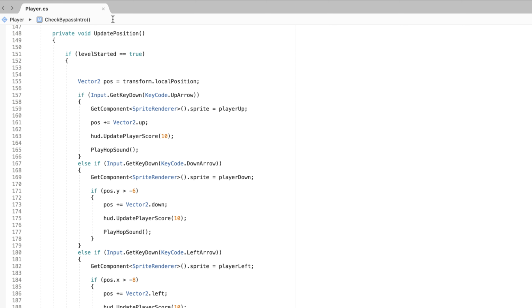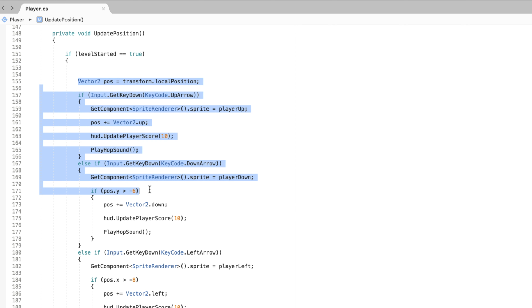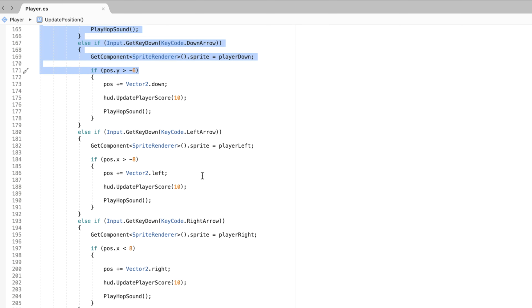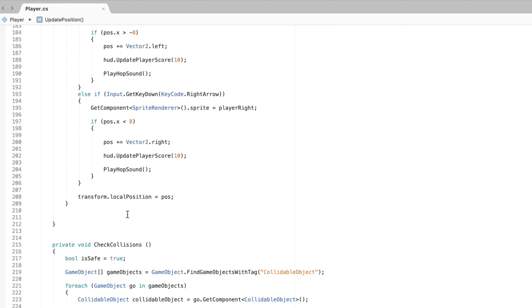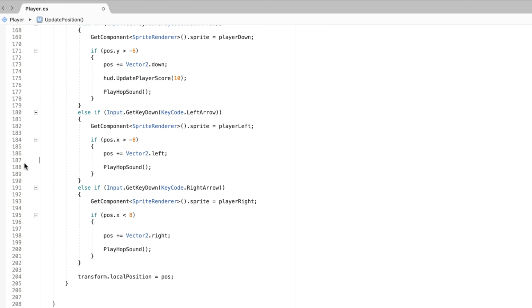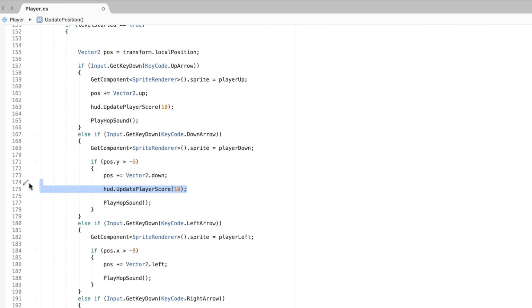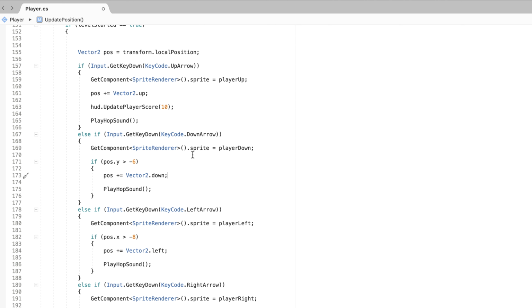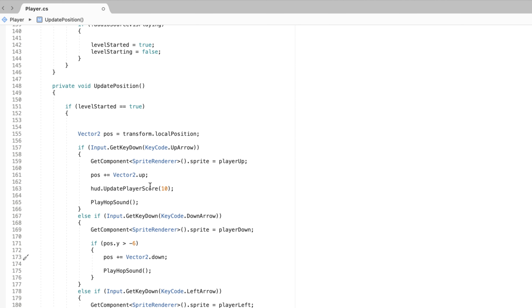Now, if you look right here in our update position, if the level started, we say, hey, if you're going up, then we're going to give you points. If you're going down, we're going to give you points. If you're going left, we're going to give you points. If you're going right, we're going to give you points. It's not what we want. We don't want to give any points when we're going right. We don't want to give any points when we're going left. We also don't want to give any points when we're going down. Now we do want to give points when we're going up,